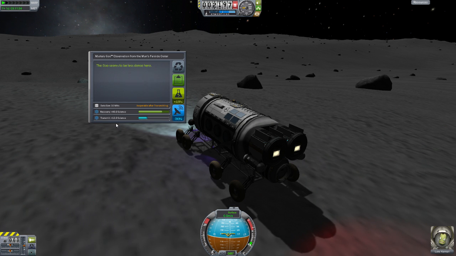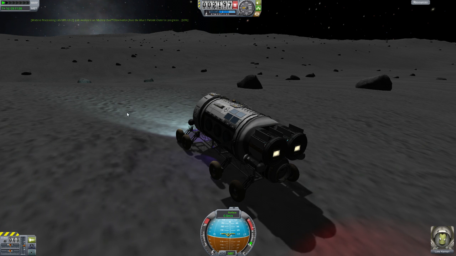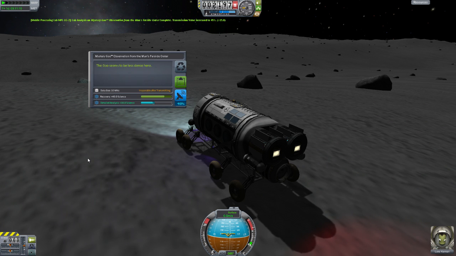Far side crater, 12 science, process in lab. Is it just the goo containers that get reset? Inoperable blaster train. I thought let's just transmit this one and let's see if we're able to reset it after we transmit it. 18 science with the goo container. If we lose the ability to use this again, that's not that